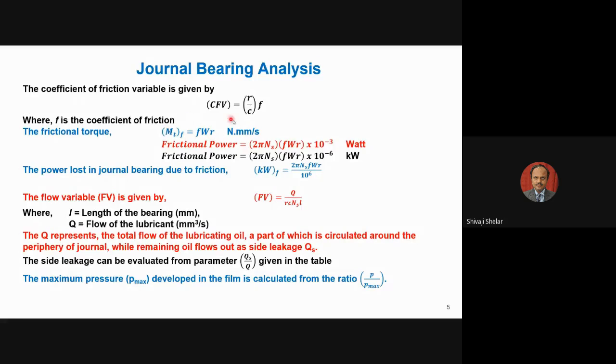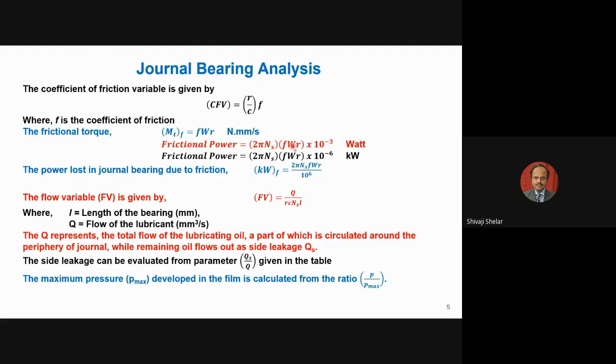Now this is a frictional torque. And because of this frictional torque, there will be loss of power, and therefore frictional power or power lost in friction, I can get by multiplying this torque by angular speed as a mechanical power. So 2 pi Ns into your torque value. The torque value here is FWR. This value is in millimeter, so I want this value to be converted into watt. So I want this value in meter. So I am multiplying by 10 raised to minus 3. So 2 pi Ns into FWR. This is torque. Converting into power, you have to multiply by 2 pi Ns, that is omega.